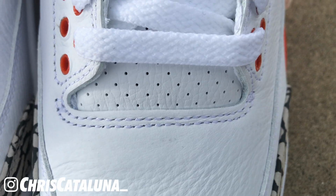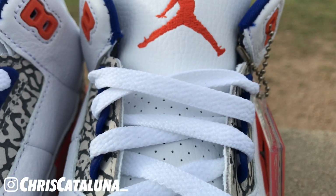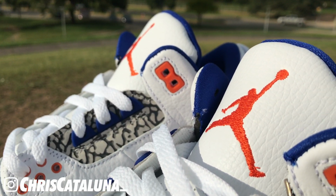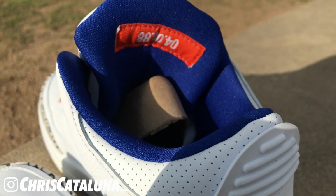Behind those set of laces is the tongue, which is also done in a leather material, where the bottom portion of the tongue is actually perforated and the top portion is actually smooth leather. Now, at the top of the tongue, you see that Jordan Jumpman done up in orange, and it is woven into that leather panel. The reverse side of the tongue features an Easter egg in which you see this orange woven label with white font where it says